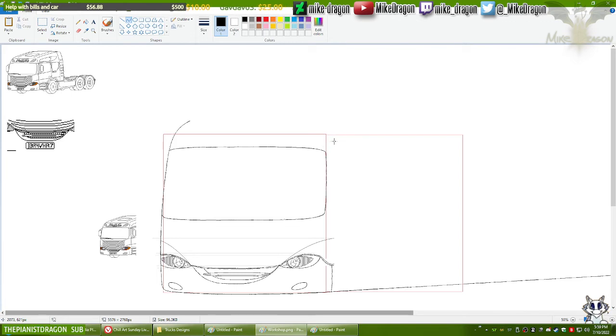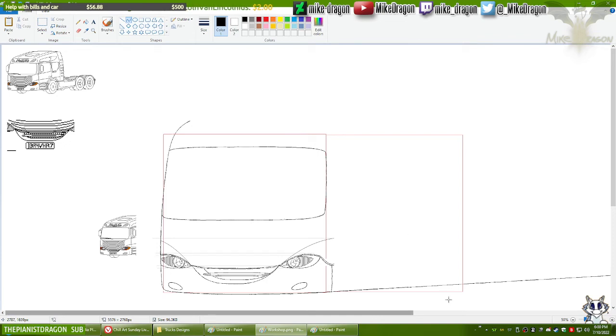Now, I'm trying to think if I draw the wheel arch now and draw the rest of the cabin from there, or if I draw the top of the front here first.